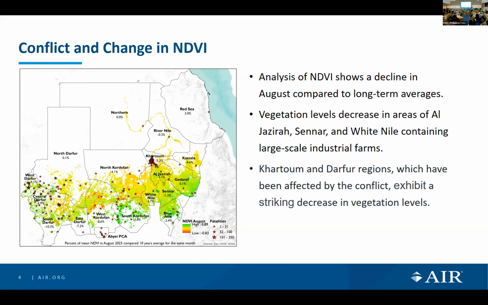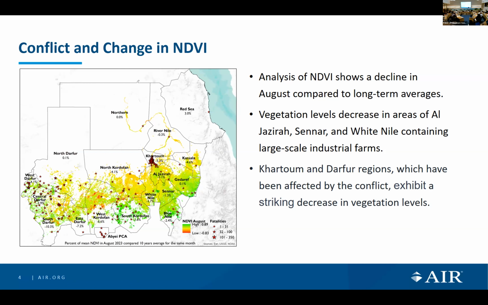Now, this situation has to do with agriculture. I'm pretty sure a lot of you are familiar with the ACLED data, as today and yesterday a lot of researchers referred to this data. If we look at the map of conflict in the country, you'll see that a lot of places experienced a surge in conflict, some of them on the east side, in the Darfur area, and Khartoum. We overlay that with the NDVI, because there's no Earth observation agriculture presentation without NDVI. We compare August of last year to this year, and we'll see a drop in